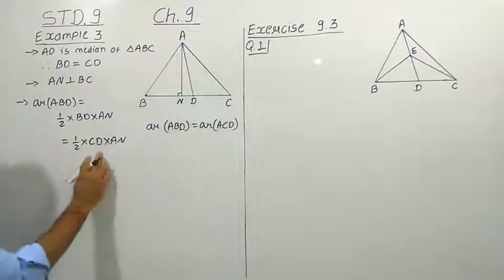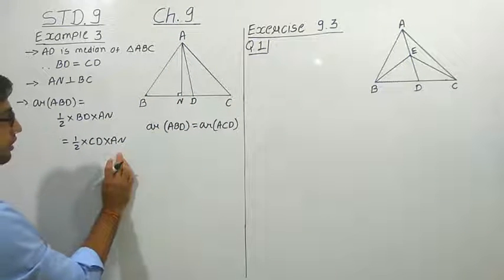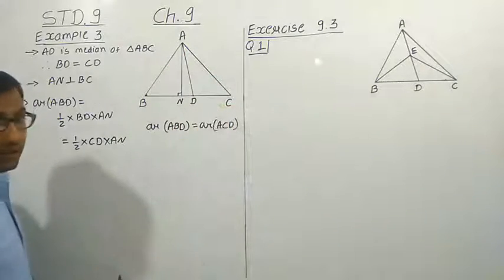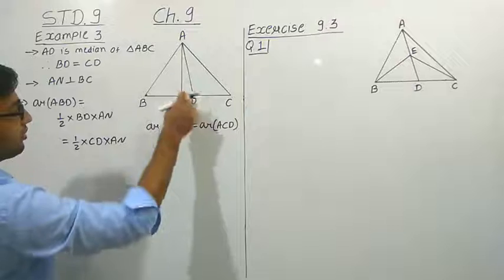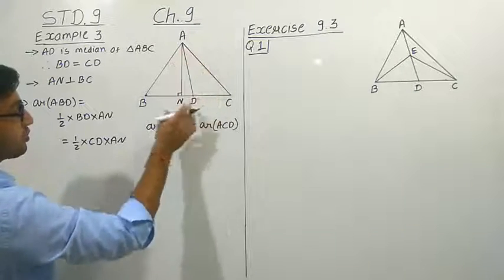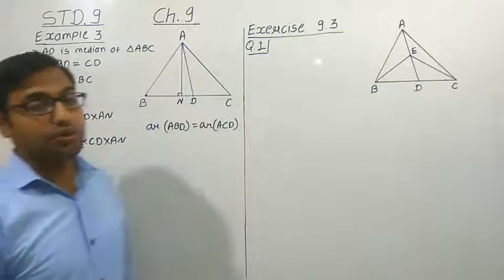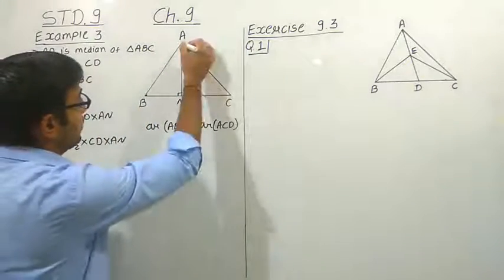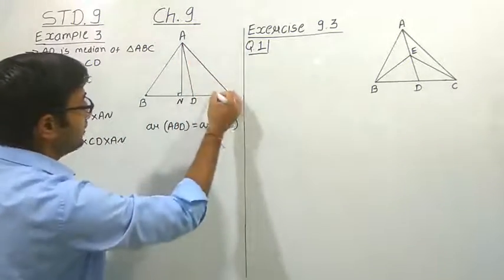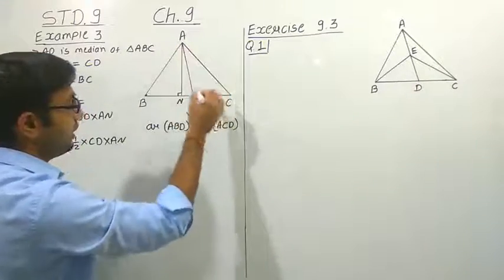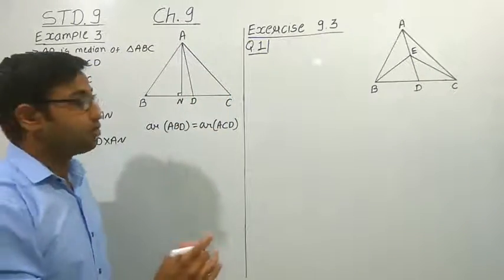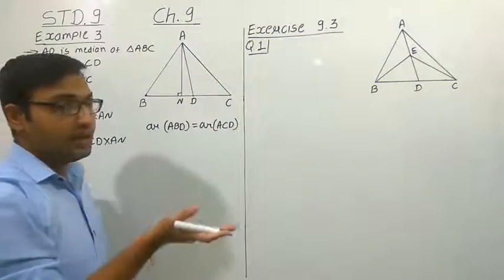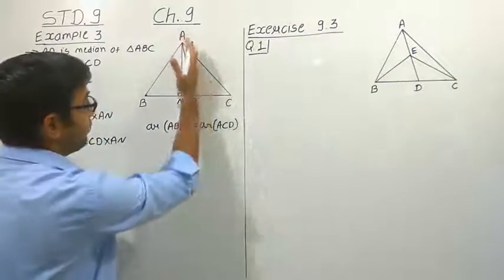So this formula represents the area of triangle ACD, right? You may think that why the altitude is not inside this triangle, because what is altitude actually? Altitude means the height of the triangle, right? So here we cannot draw the height inside the triangle because the altitude must make a 90 degree angle. So if we draw a line here, we cannot get the 90 degree angle.